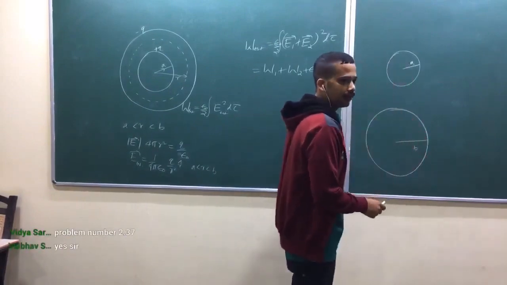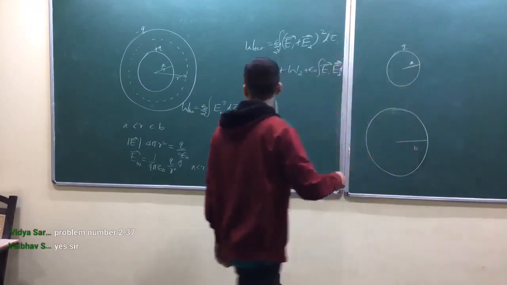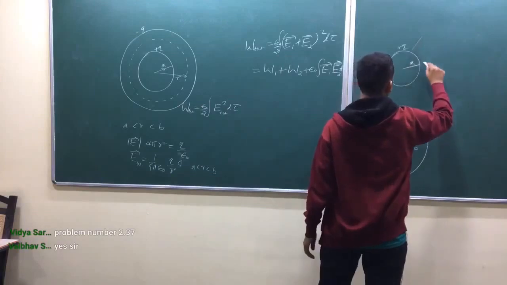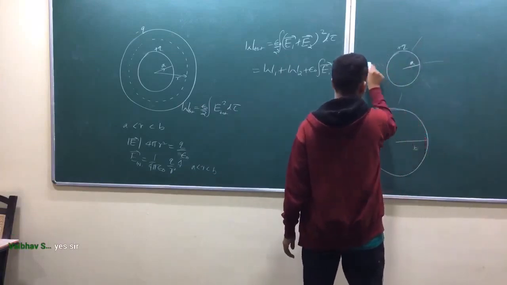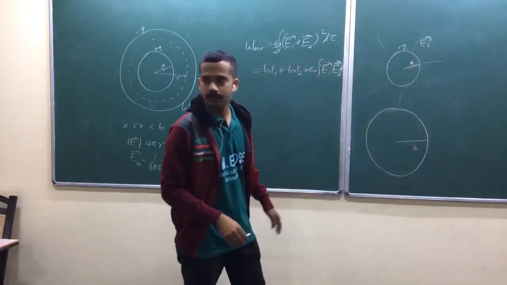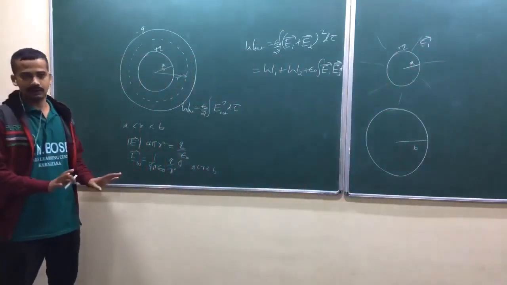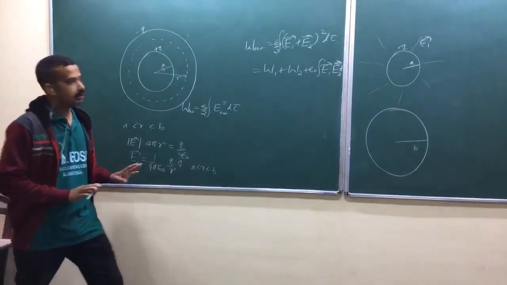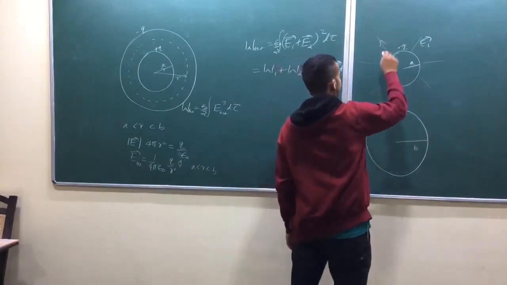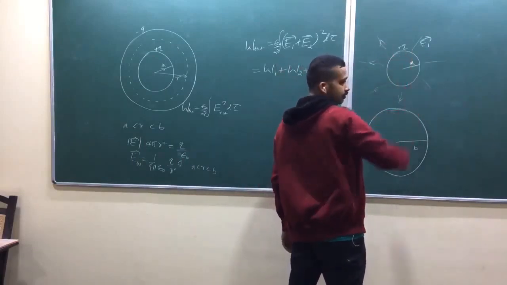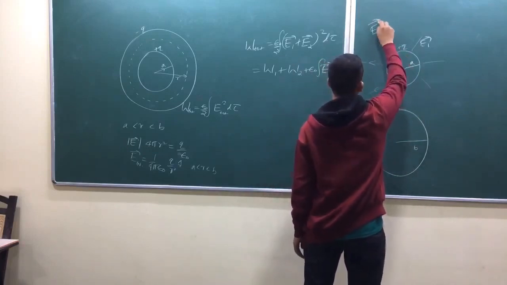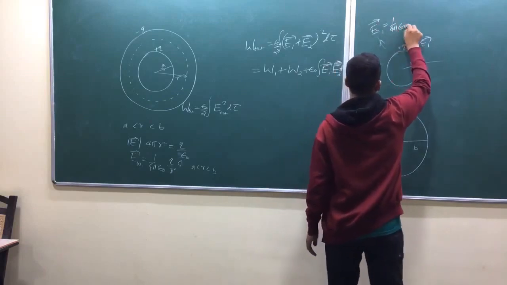When you take the sphere of radius A, which contains charge plus Q on the surface, the electric field is outward. Let me call this electric field E1, the field due to only the inner one. That field exists from A to infinity, radially outward because of the uniformly distributed positive charge.